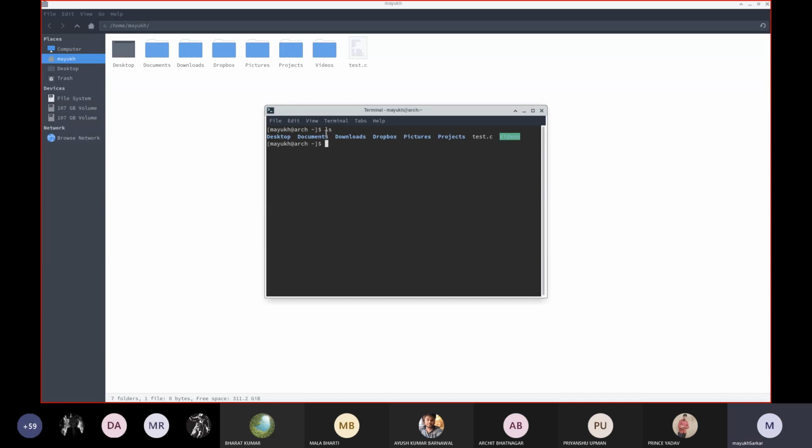Before sending the information to the monitor, every time it is checking whether a new file or directory has been created by the user, right? If that would not be, this test.c that I created would not be reflected immediately on your GUI. So it is working at every instant. It is not stopping. Is it clear? Yes, sir.